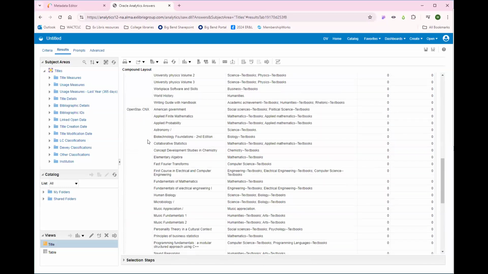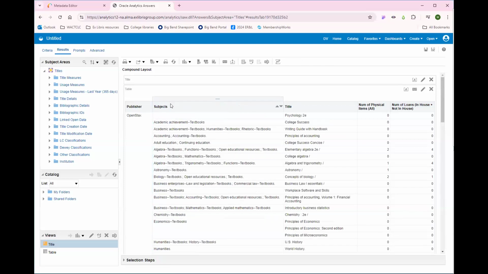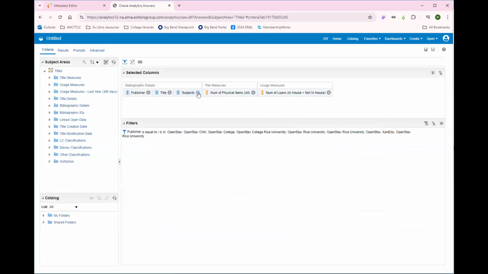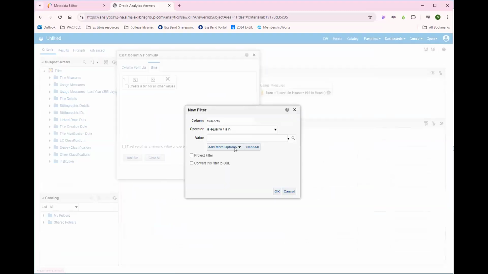Now let's say we want to show all of the algebra books together. We could move subjects before title, and now we've got these 3 algebra subjects that are resulting in these 3 titles. Or we can go into criteria and we can edit the formula for subject, add a bin,